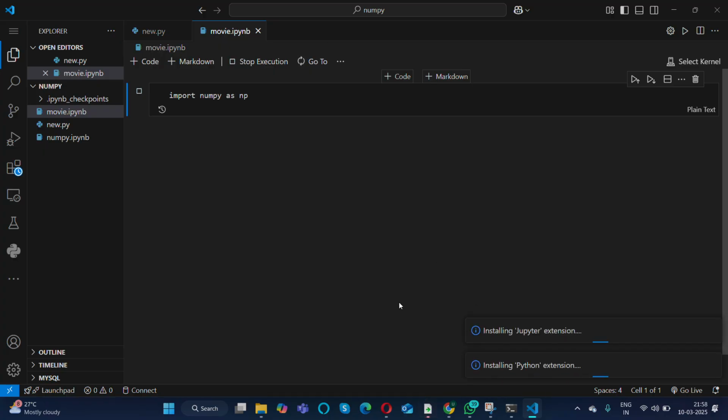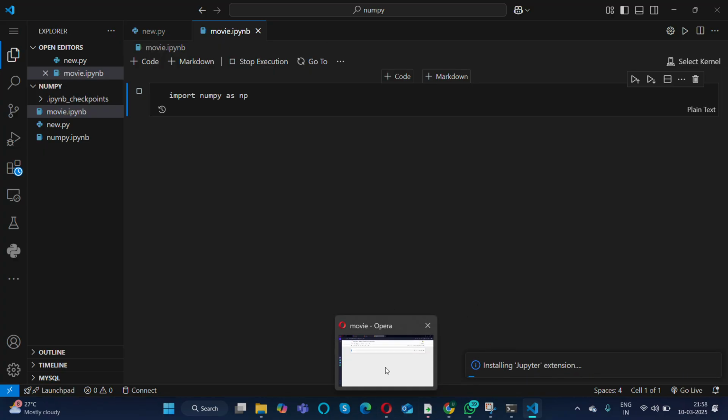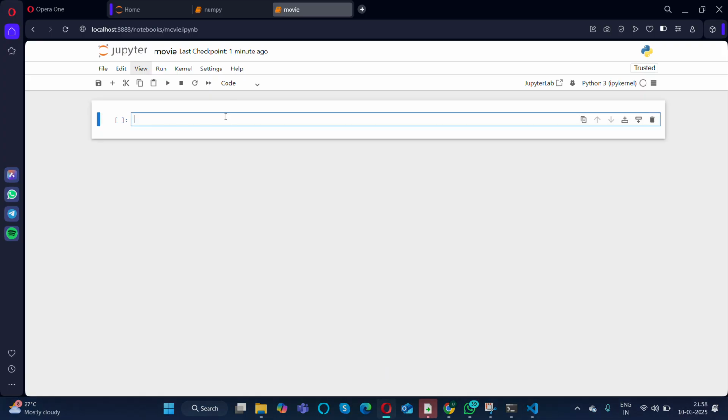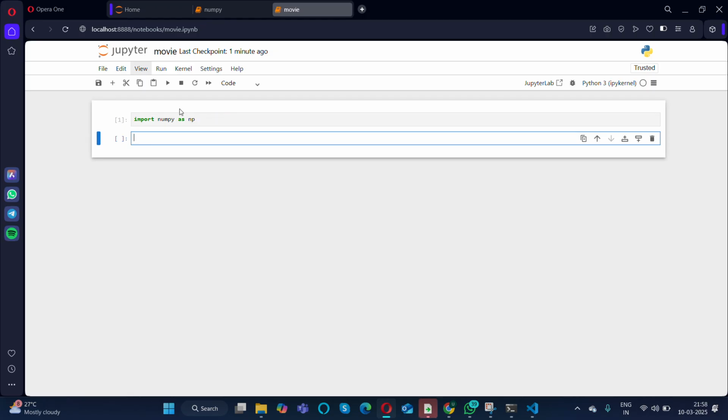So let it get installed, we'll stick to this. import numpy as np. So we'll take a variable movie is equal to np dot array of